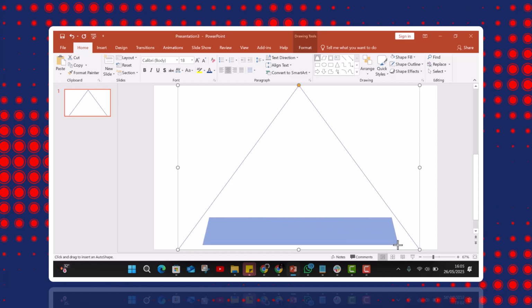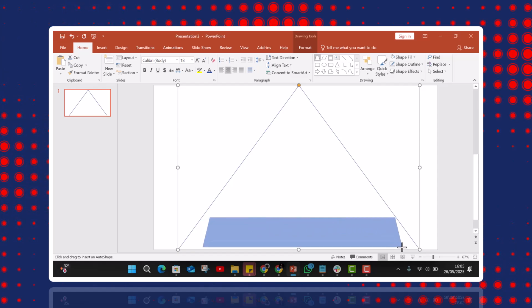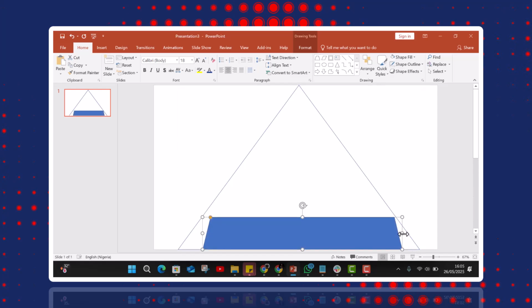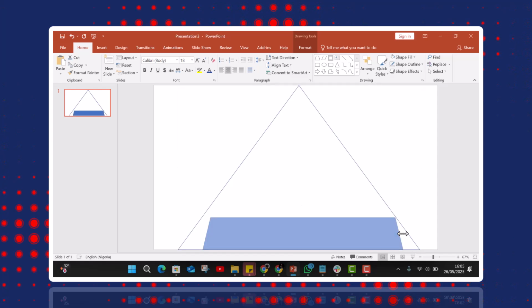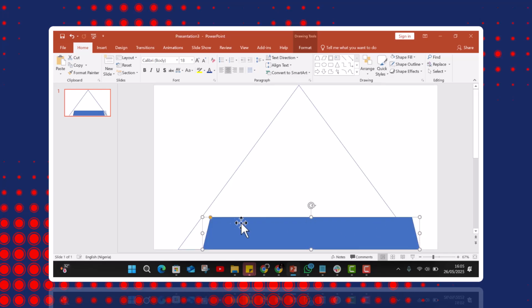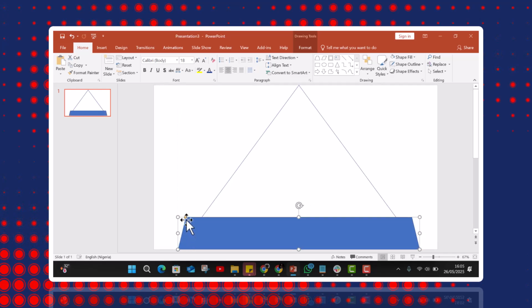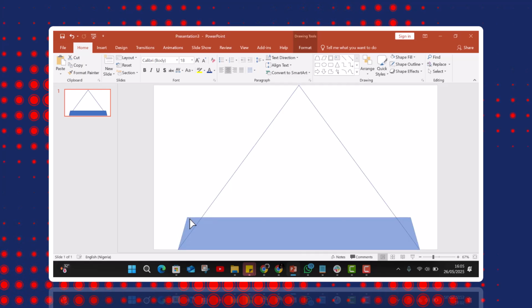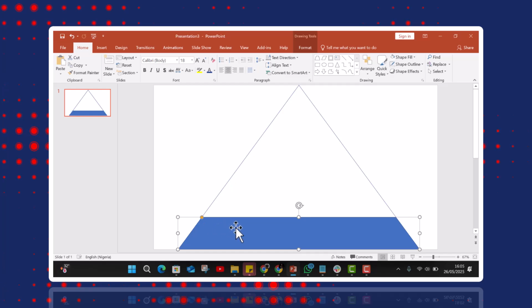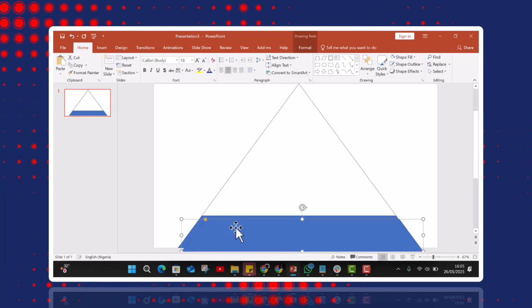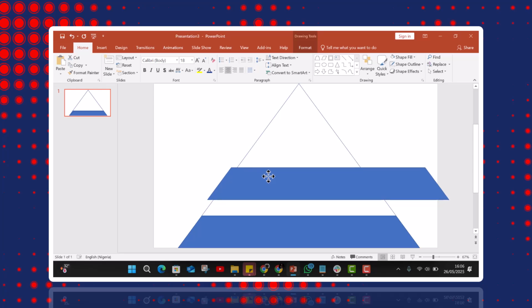Select trapezium and draw it just the way you're seeing it. Use the arrow, the yellow dots, to make it fit into the triangle, just like you are seeing it. As you can see, let it just fit like that. Then duplicate it. Take the duplicate up,